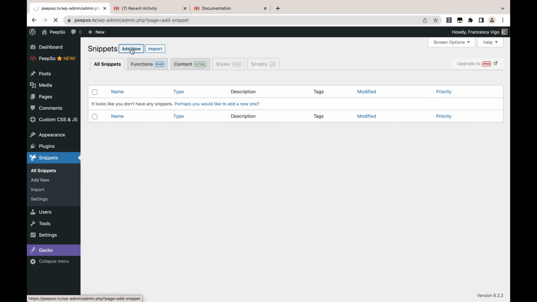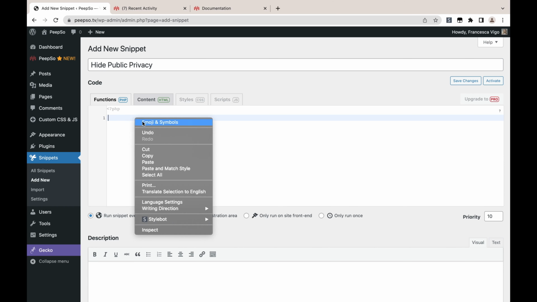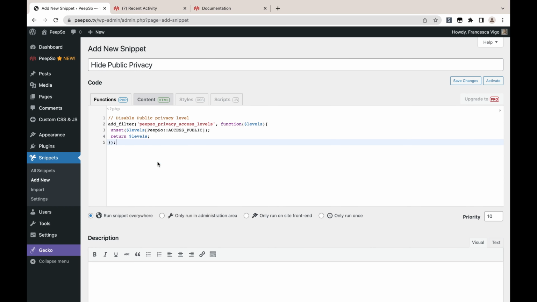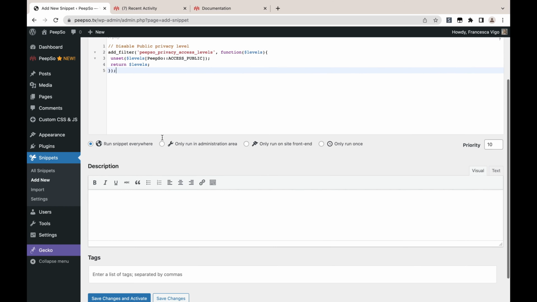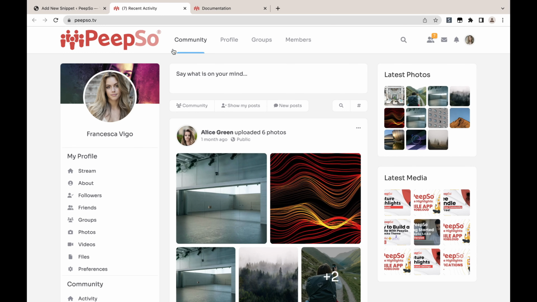Add new. You can give it a title if you wish. Let's say hide public privacy, and then paste that little code into it. Now here, say only run on site front end, save changes, and if we go to our site front end